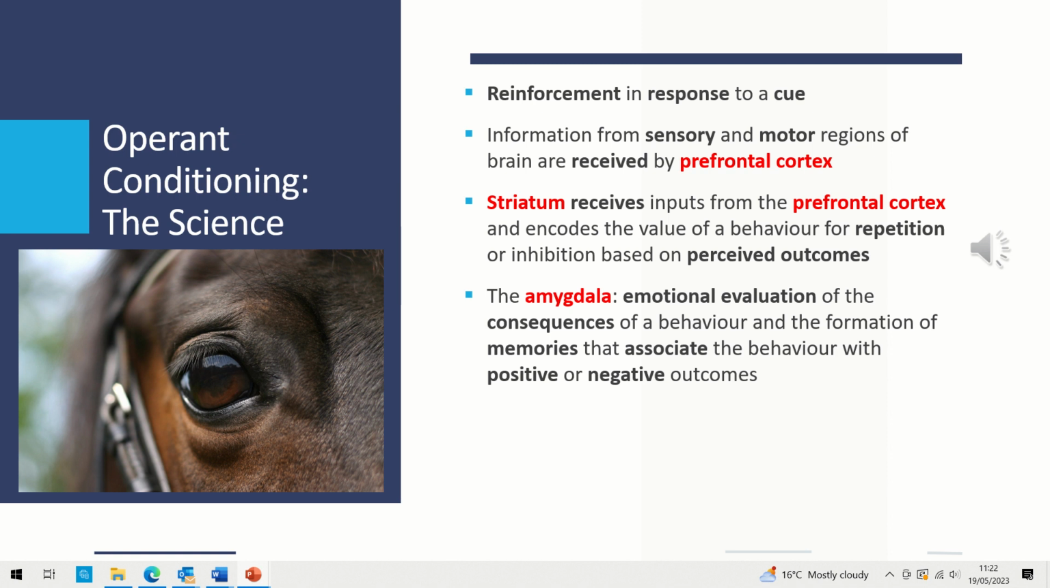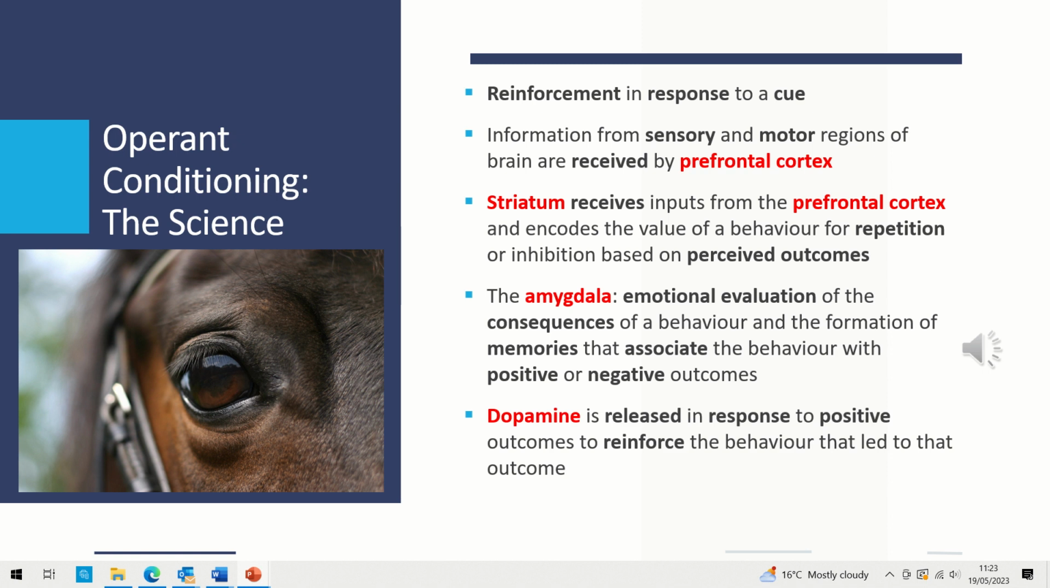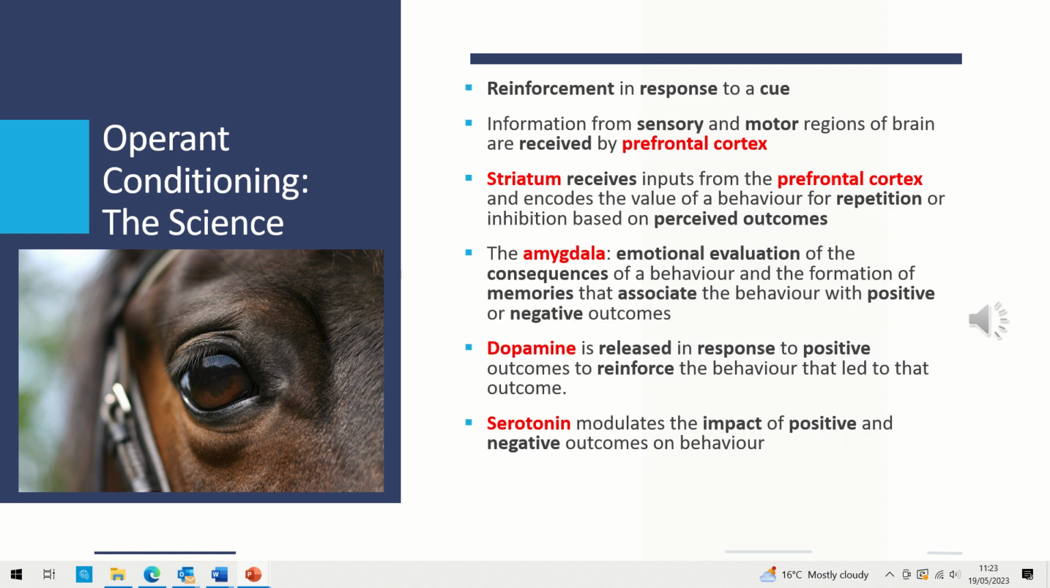The amygdala plays the role of emotionally evaluating the consequences of each behaviour and forming beliefs to associate the behaviour with positive or negative outcomes. Dopamine is released in response to positive outcomes to reinforce the behaviour compared to that outcome. And serotonin modulates the impact of positive